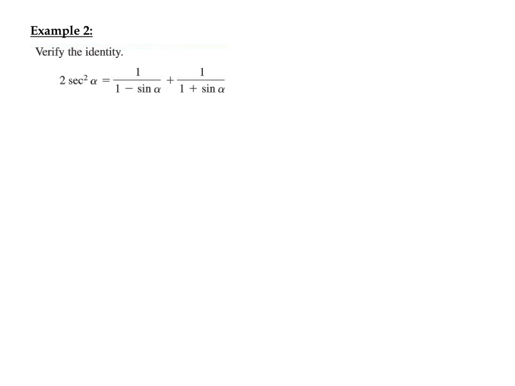Example 2 says verify the identity. When we're verifying, we want to start with the more complicated appearing side. So let's start here. And the trick we learned last notes was whenever we have a denominator with a subtraction sign or an addition sign, so a sum in a denominator or a difference in a denominator, we need to uncomplicate that by using a conjugate. So all I'm doing right this second